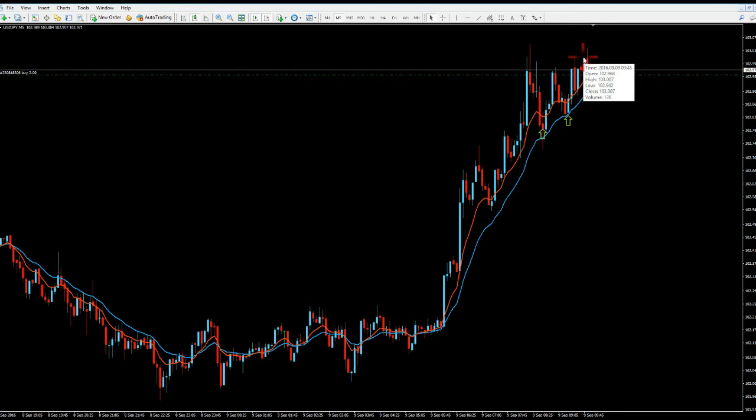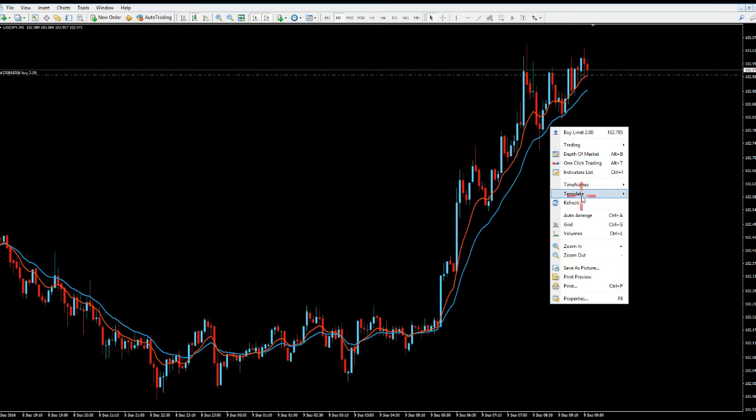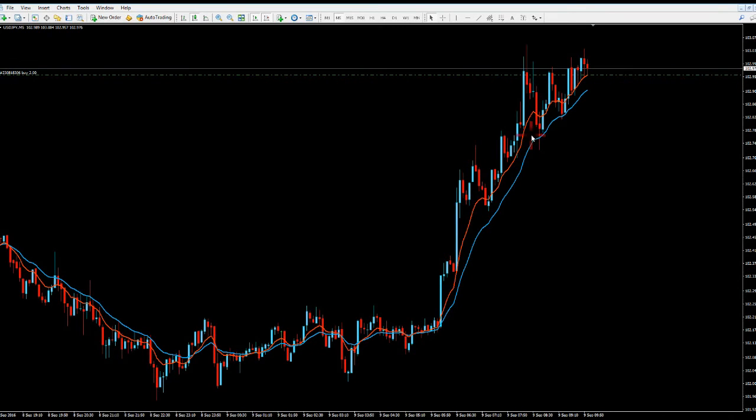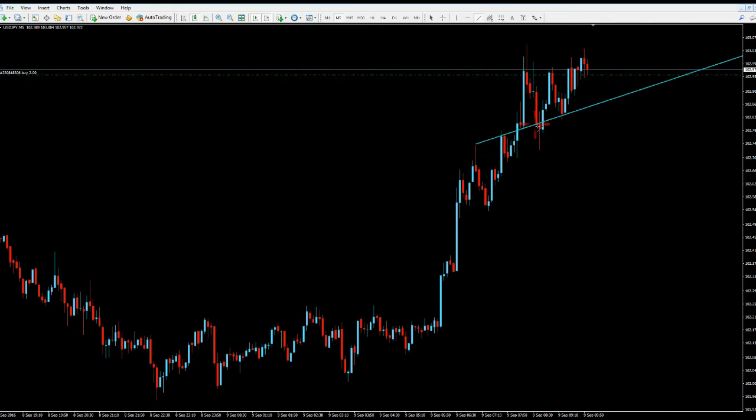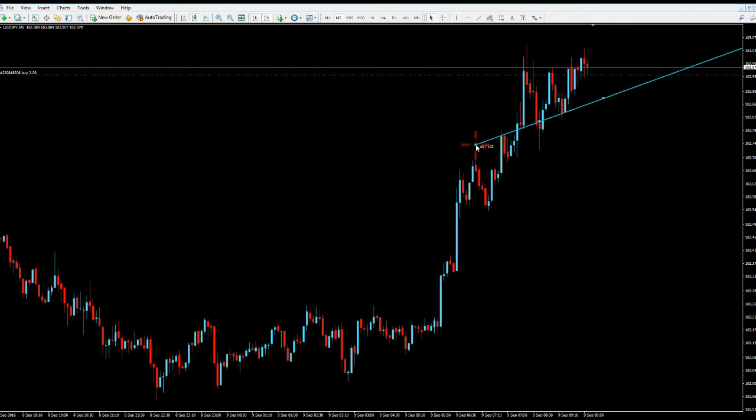So let me remove these arrows and the EMAs, and I'm going to show you how I took the trades even without these two EMAs. Actually, I added them afterwards, and you're going to see that it will help you take much better trades. So for the second and first trade, you're going to see in a moment,